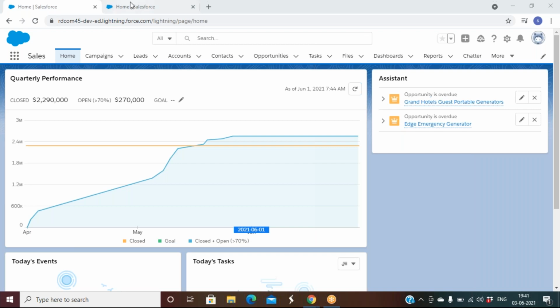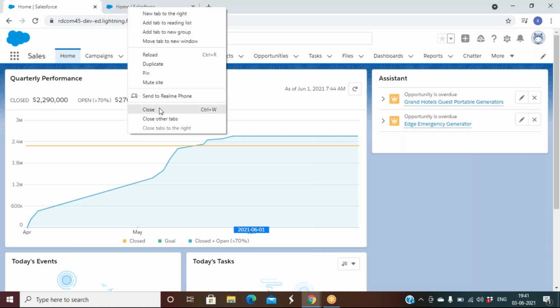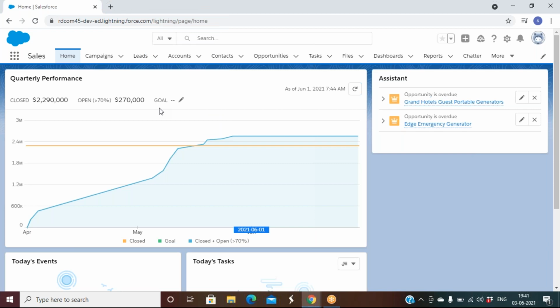So from where can I create it? Remember, I'll just use this word; we should not use it, but I'm using it. There is a thumb rule. When you are studying in the beginning, we used to do a lot of mugging up, right? So I'll tell you to use this habit: whenever you want to do any kind of admin activity, just go to Setup. So where is the Setup? The Setup is available on the top right corner. There is a small wheel icon, just click on that. You will get a Setup option, click on that.